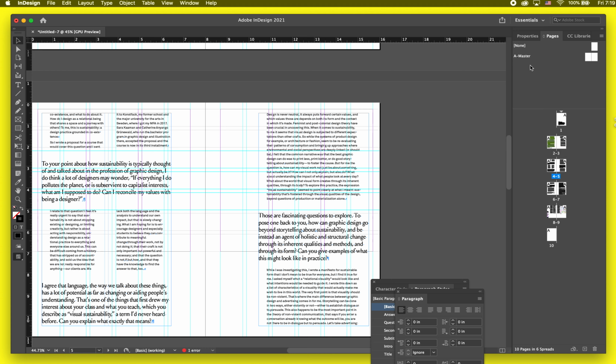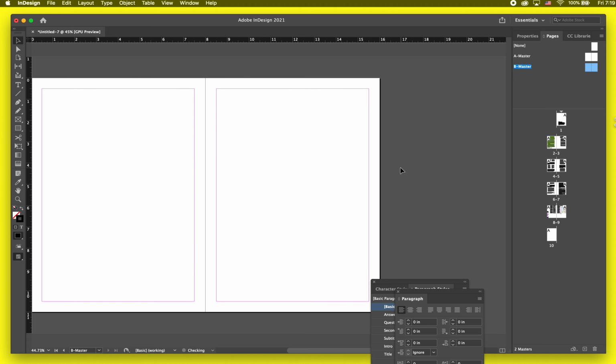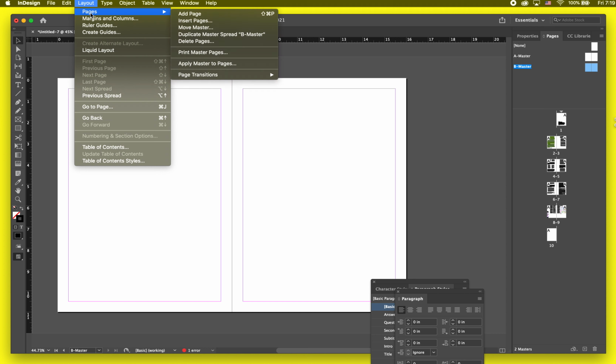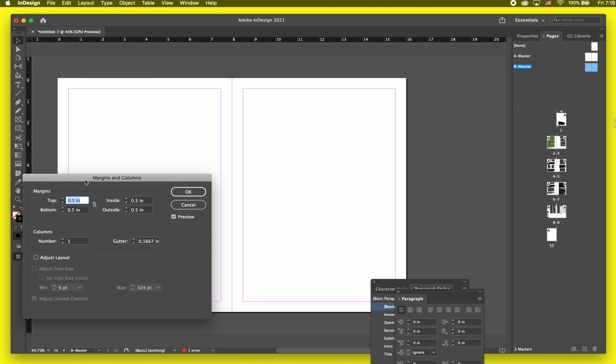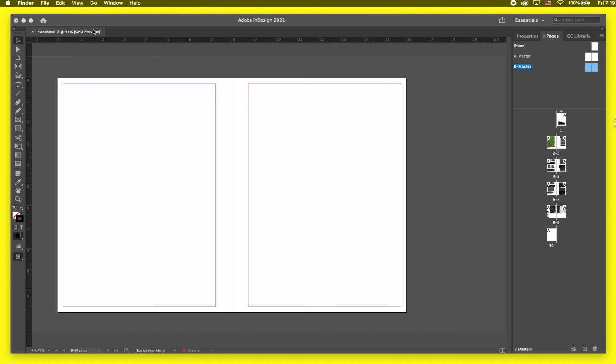So now I'm going to go and say new master. I want a new master page, and this one's prefix B, same height, everything. I just say okay there. And then I can make this one a different thing. So maybe in this one, the margins and column, I might also make them smaller so they kind of fit the other one. And I might make also the inside a little bigger because, again, I don't want that to get stuck in the fold of the page. And I'll leave that, and then I'll create